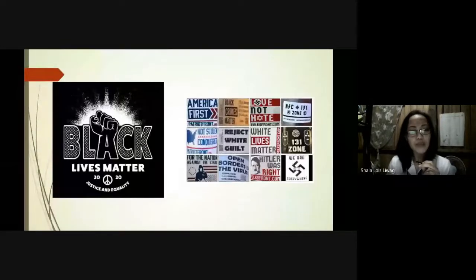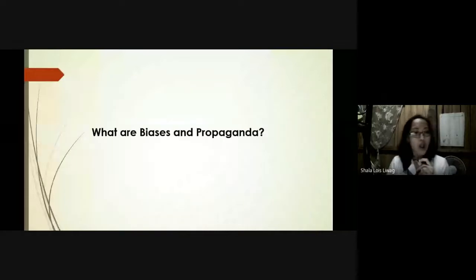Do you think both these pictures' message will affect your beliefs? You see, the last two slides are examples of biases and propaganda. Based on your own knowledge, what are biases and propaganda? Good answer. For a more certain definition,